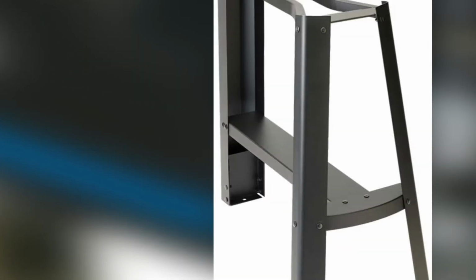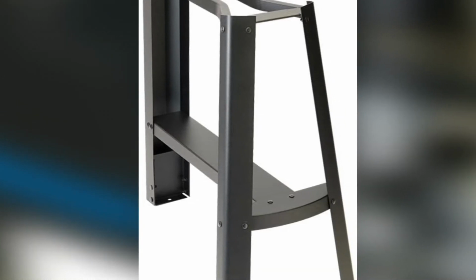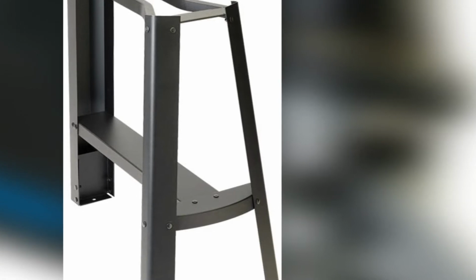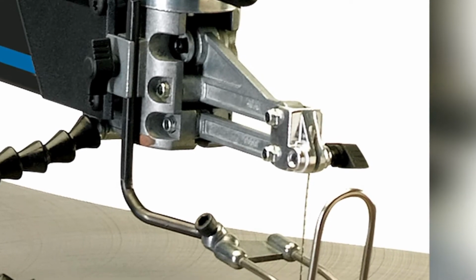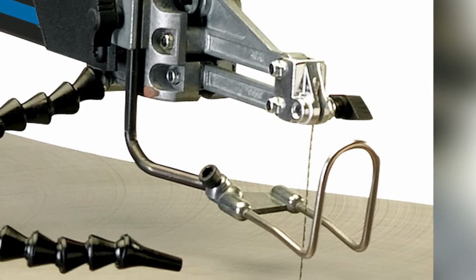The table tilts between 0 and 45 degrees to allow for beveling. Plus, for added convenience, the upper arm can be lifted and locked into position when making blade changes or adjusting blade angle. You'll appreciate speeds up to 1,750 strokes per minute to cut through even tough woods like walnut, and